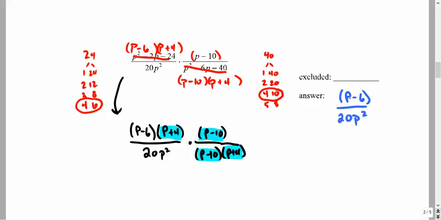Don't make the mistake of thinking the p's cancel, because it's all of this that has to go, not just part of it. All right, p is our variable. So what are we not allowed to have? Again, it goes back up to the original. Right there, there, and there. So those two are usually, by the time you start understanding how excluded values work, pretty basic. But just like when we were doing polynomial functions, for some reason students always forget that this is a 0. So p cannot be 0, nor 10,